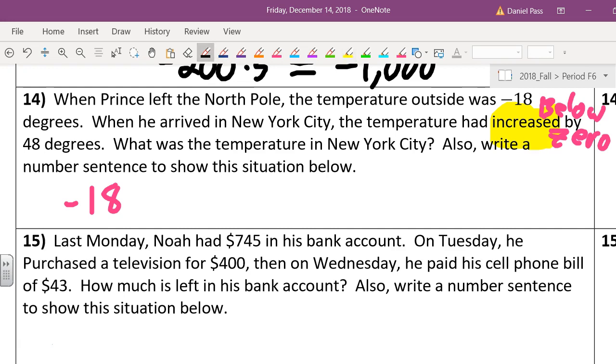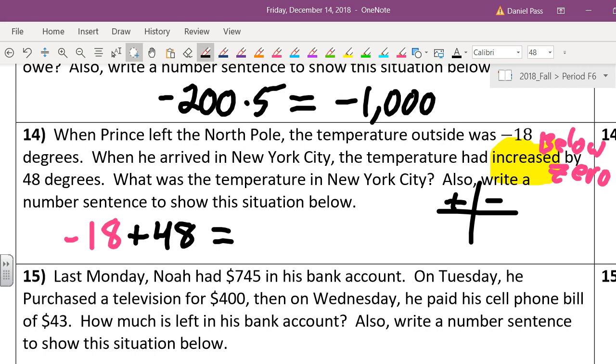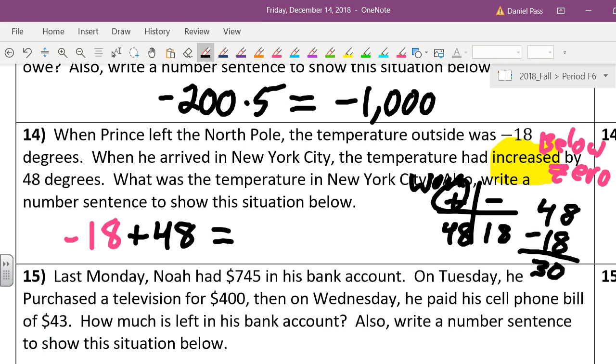So increase is positive or negative? Positive 48. Okay, so that means I'm going to need a table, because I'm adding, subtracting. So positive 48, negative 18. Okay. Who wins? The good guys. Alright, we're going to subtract to see how many points they win by. 30. So positive 30 degrees. Yeah, correct. Did it say Fahrenheit? No, but